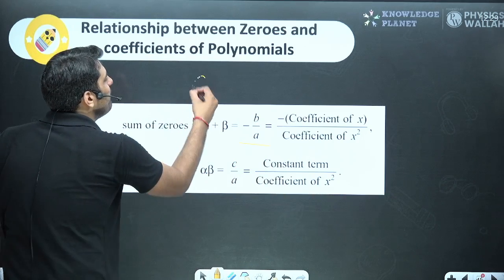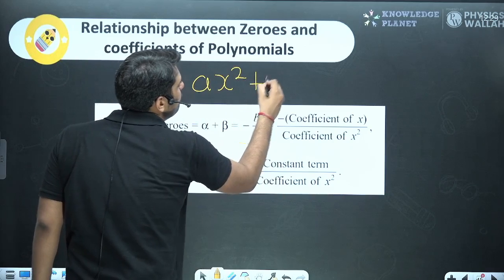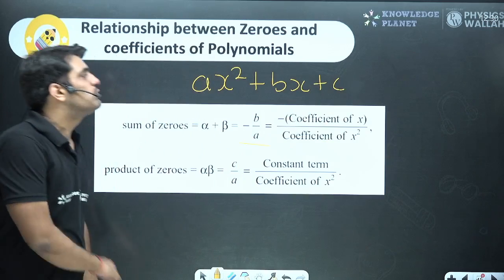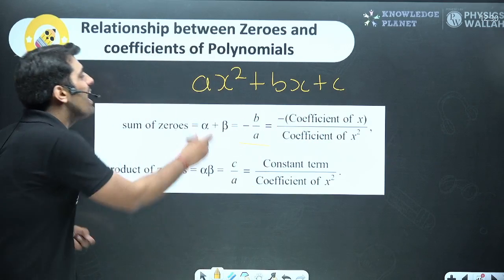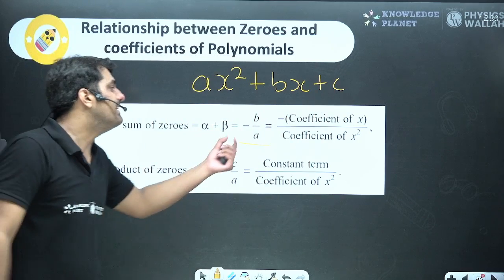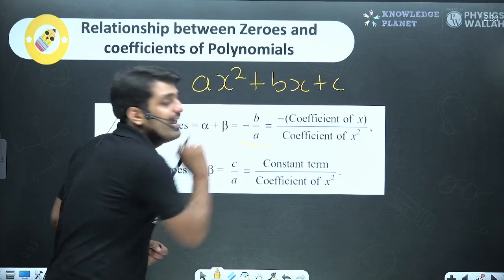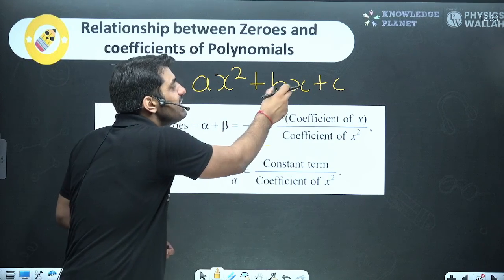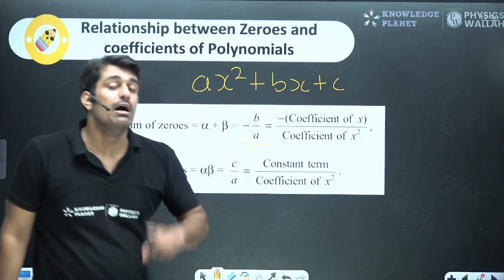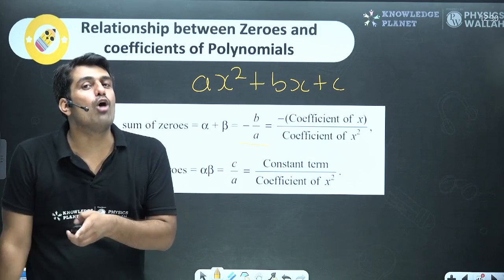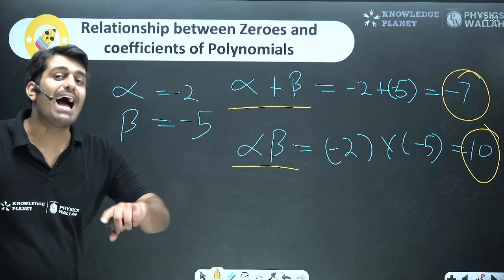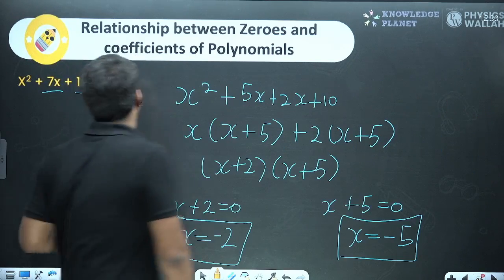If you remember, I gave you the general form. This was the reason I gave you the general form: ax square plus bx plus c. Here we have a as the coefficient of x square, b as the coefficient of x, and c as the constant value. Now, in this case, minus b by a. Ignore the first negative sign and talk about b by a. b is the coefficient of x, a is the coefficient of x square. So, coefficient of x divided by coefficient of x square with a negative sign multiplied along with it. When you observe over here, minus 7, that is the reason we have to put one more negative sign, and hence it becomes positive over here. Plus